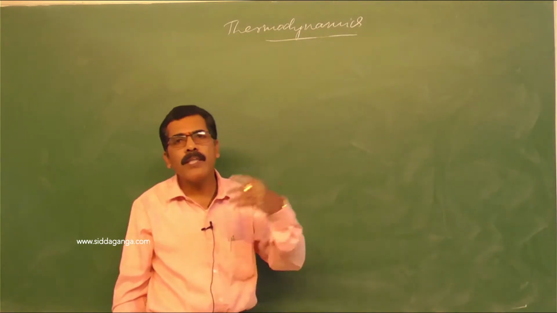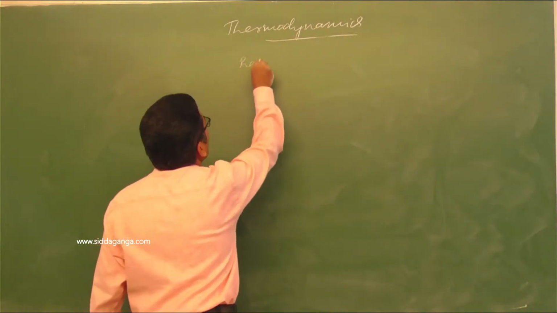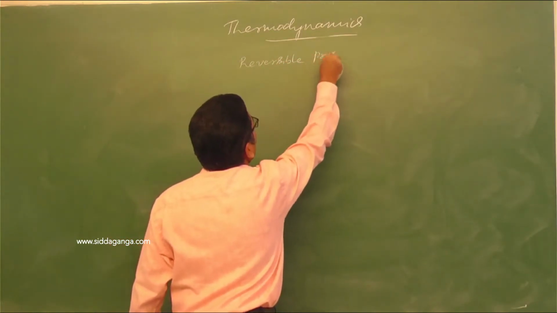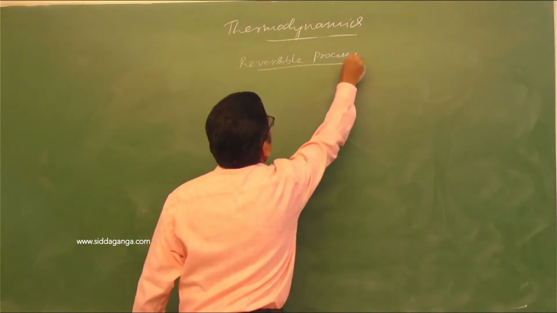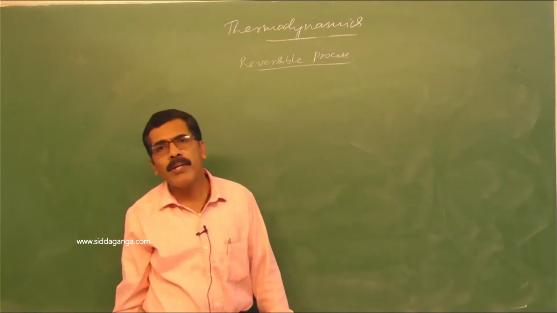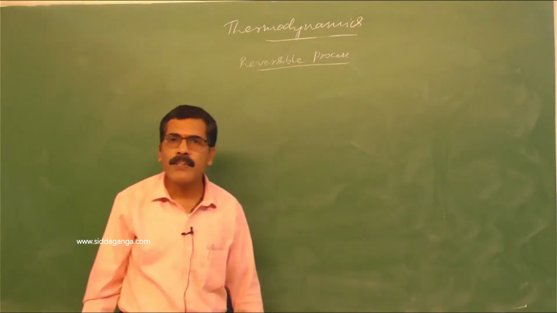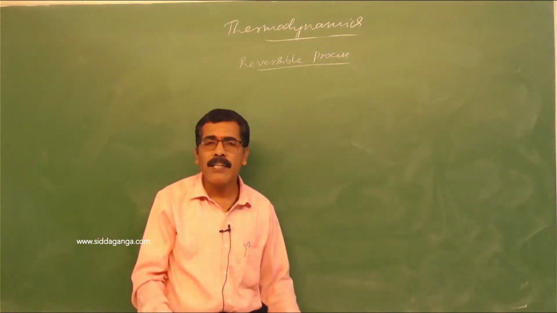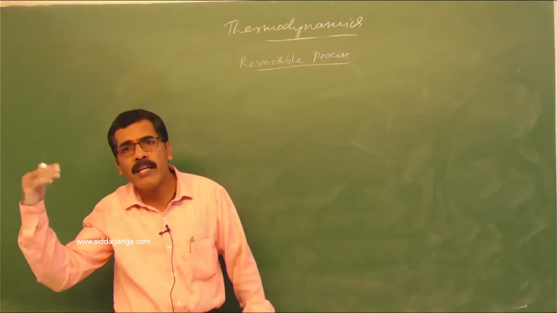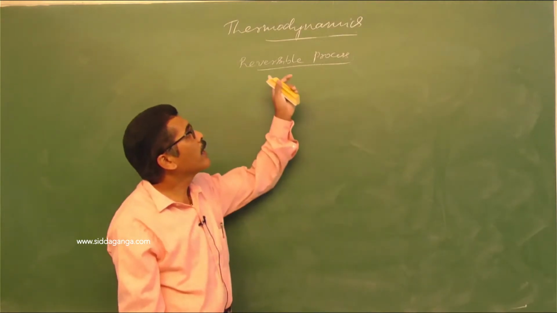See, knowing all this, let us understand more about reversible and irreversible process. Reversible process: the process which can be traversed in the reverse direction with the same ease, such that the system and surroundings pass through the same intermediate stages as in the direct process, is called a reversible process.